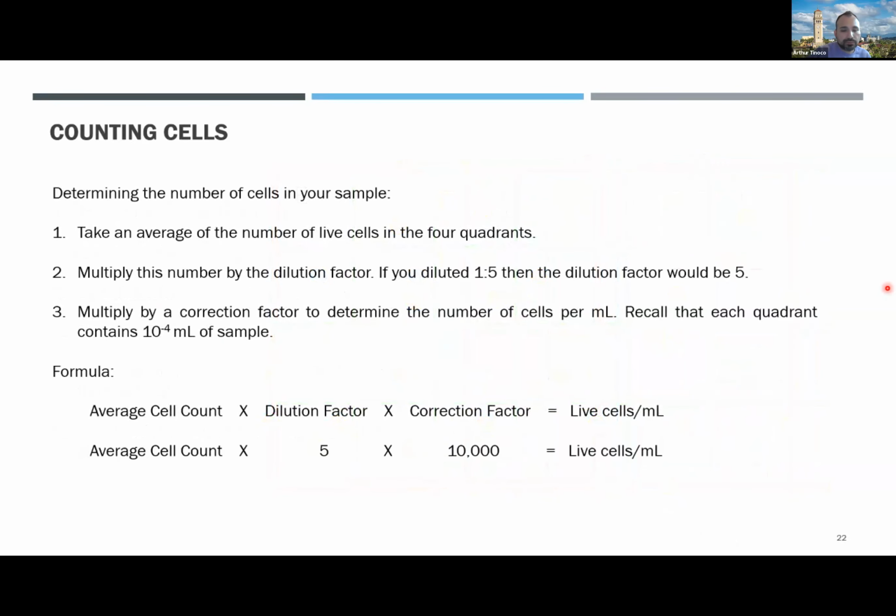Okay, other questions? I wasn't entirely clear on the concept of 80% confluent. Okay, yeah, so